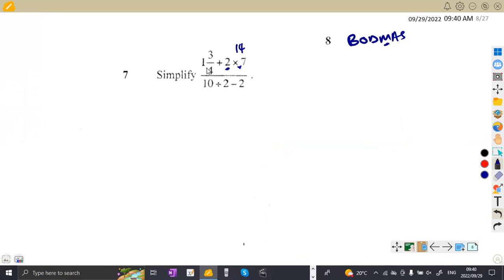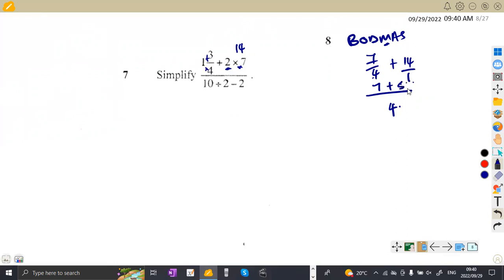But take note, there's a fraction, so we're going to add these two, which means multiplying here by 4 plus 7/4. So we're going to have 7/4 plus 14, because we've multiplied 2 by 7. So you can simplify these two aside. So we have to find the LCM, which is 4 and 1. 4 divided by 4 is 1 times 7, which is 7, plus 4 divided by 1 is 4 times 14,